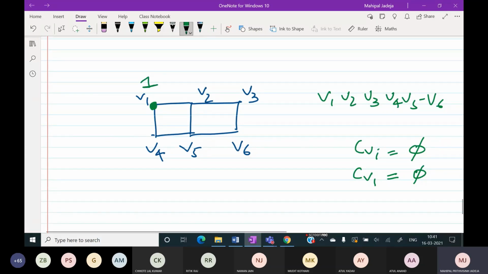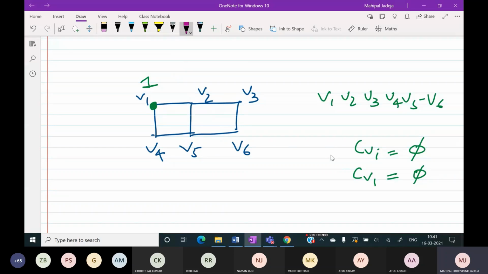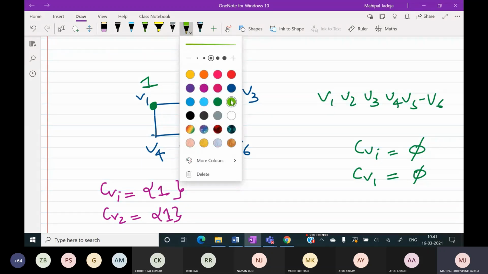Now let's start with iteration number 2. In iteration number 2, what is the value of CVI? So far, how many colors have we used? One color. Right. And what is the value of CV2, the neighbors of V2? It is also 1. Okay, so if both of these are 1, then the subtraction will result in an empty set. Therefore, we need to give a new color to V2, and we'll give color 2.